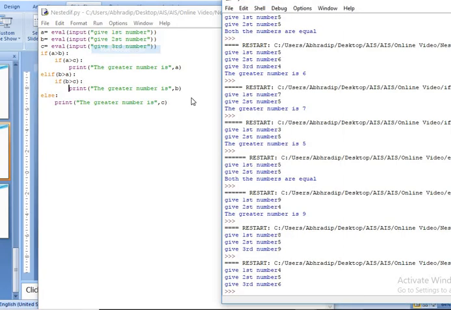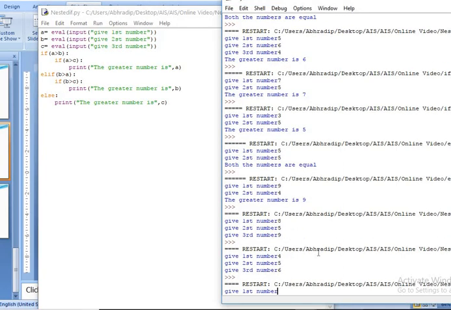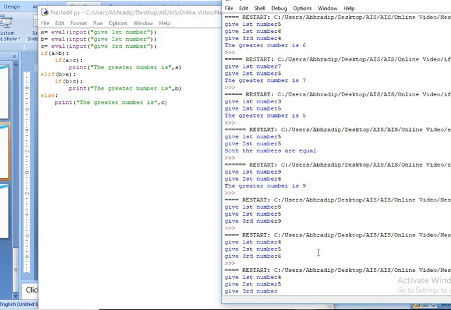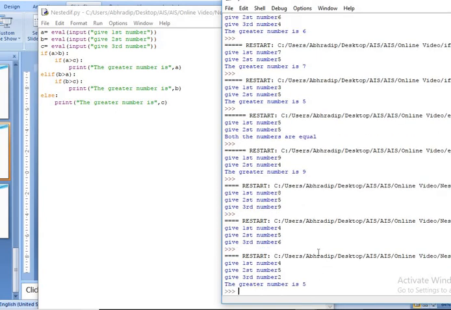Because some error is coming, for 5 and 2 I got the answer that the greater number is 5. As you can see, the greater number is 5.